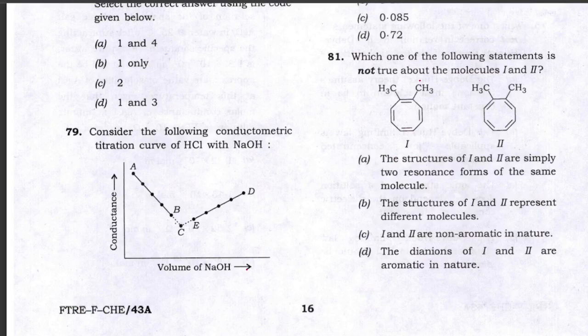Hello friends, now I am going to solve this year 2022 UPSC Geo-scientist Chemist Prelims paper. We know that for the post of Chemist in the Geo-scientist examination in Prelims there are a total of 120 questions: 40 from organic chemistry, 40 from inorganic chemistry, and 40 from physical chemistry. Right now I am going to solve 10 questions from this paper in organic chemistry.